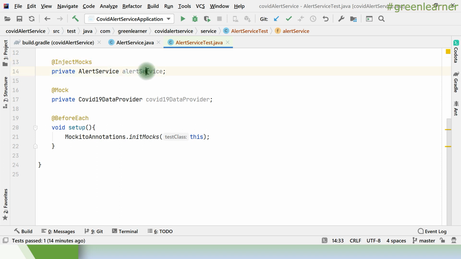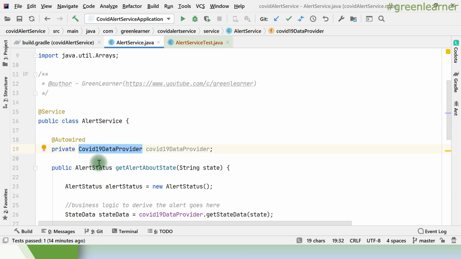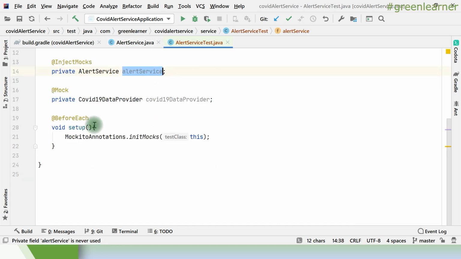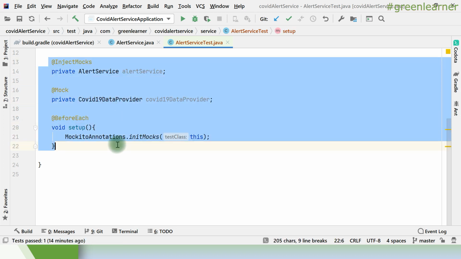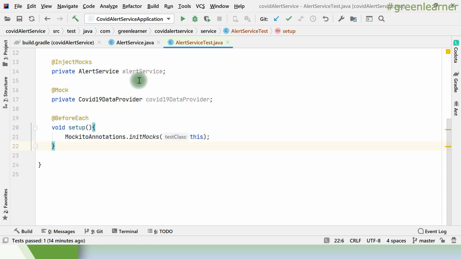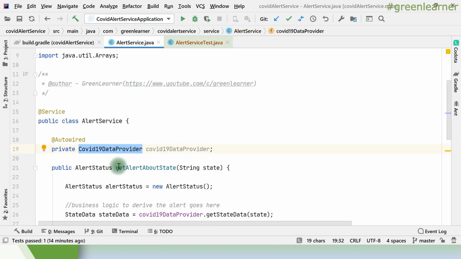It will create the alert service instance with the dependency it has, the COVID data provider dependency. I also have a mock instance of that, so it will be injected automatically when you run the unit test, right? Now our class is ready to be unit tested and can interact with other components. So let's write the first scenario, right? First we will be writing getAlertAboutState.